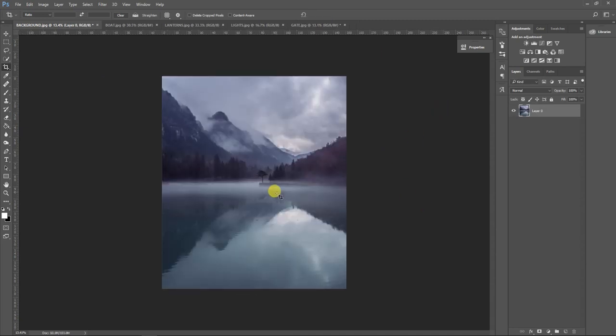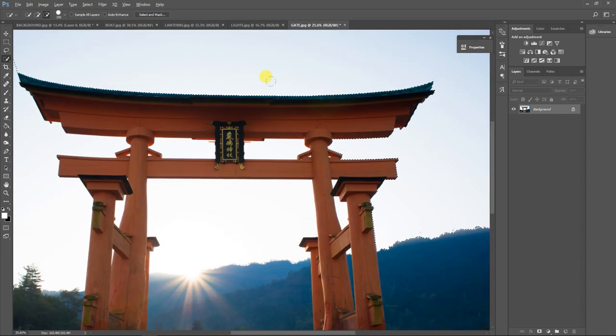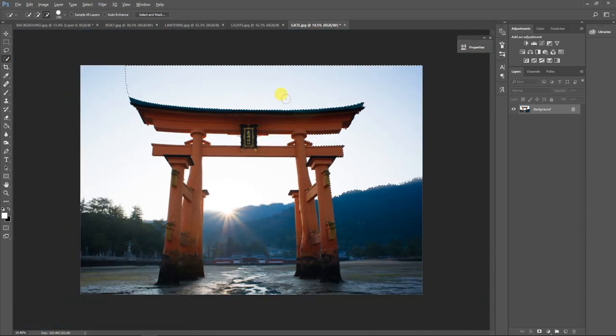Okay, so this is now cropped, and we want to add the elements here. We have all of our elements here on the top, and the first thing we're going to add is the gate. So I'm going to show you how you can cut it out easily. Now we go to the gate image, and we want to cut this out. Some people prefer the quick selection tool, where you can select the outlines like this, but in my opinion this isn't very good. It works on some types of images, but I prefer